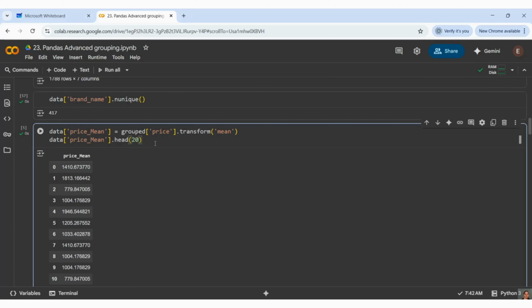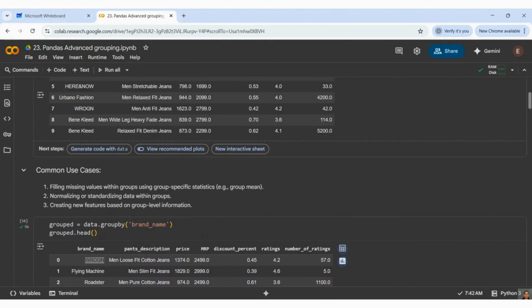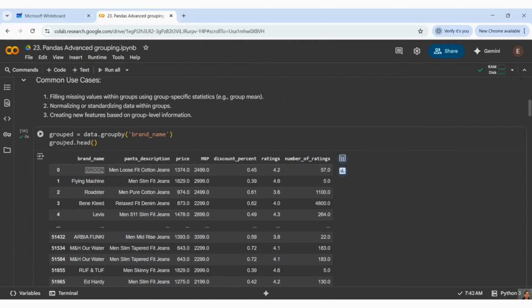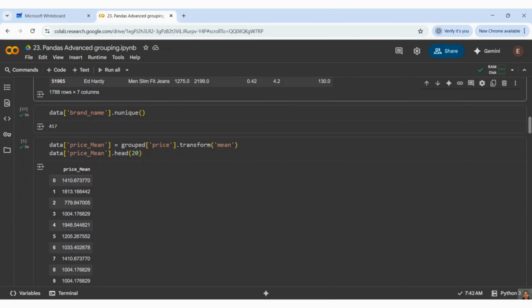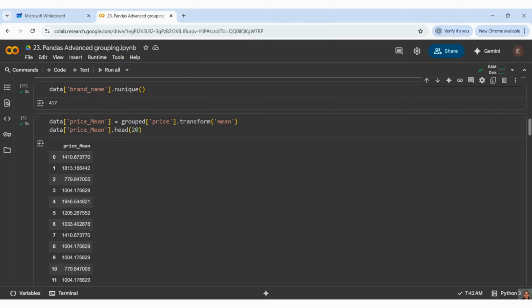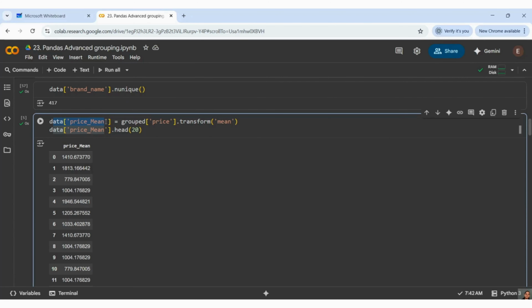For that, you can see I have given a name called grouped. In my grouped, I have already grouped by brand name, which is becoming the index, or the driving factor. Now I want to get the price mean of those brands.